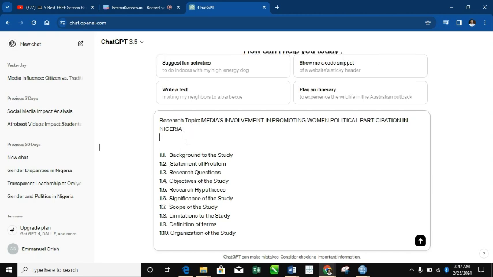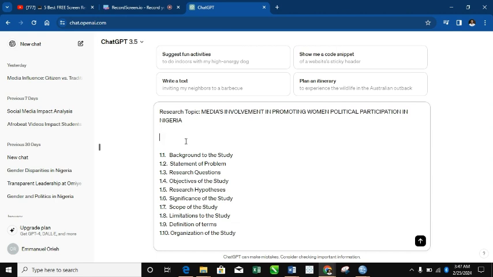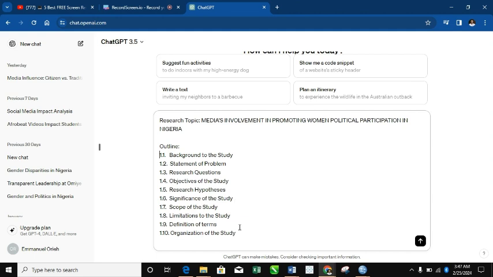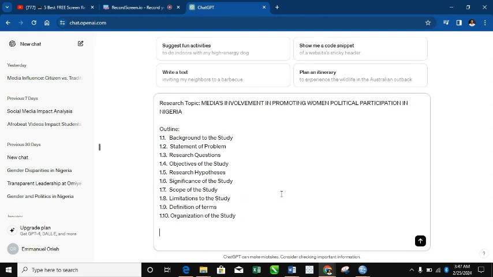Now I will make sure I let ChatGPT know that this is an outline for chapter 1. So I write outline. And so now let me write the prompt to let ChatGPT know that, okay, this is exactly what I want to do. I'll say, write the first chapter of my undergraduate